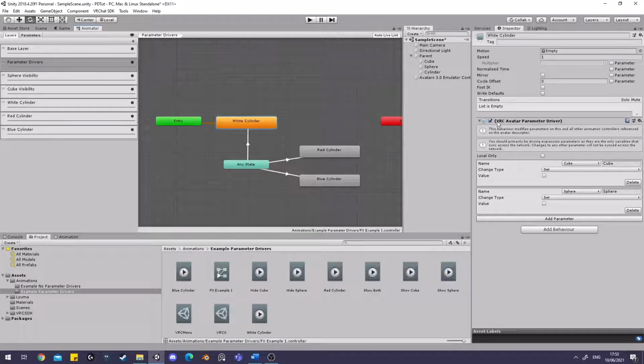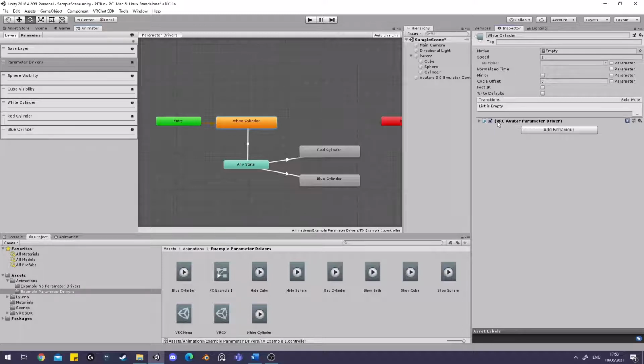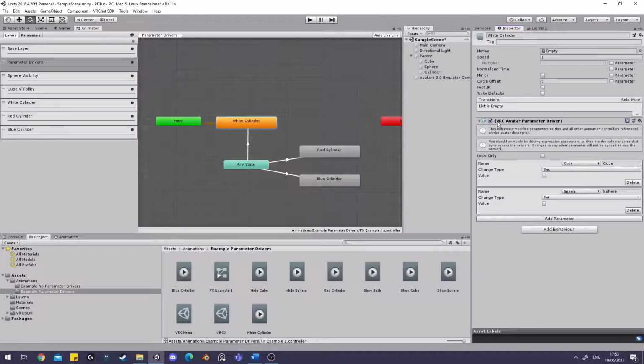And we also have a new component here. This is probably the most important thing of this whole system. This is pretty much the core of this whole solution. What is this doing? This driver is capable of manipulating and changing the value of parameters throughout my animator stack,